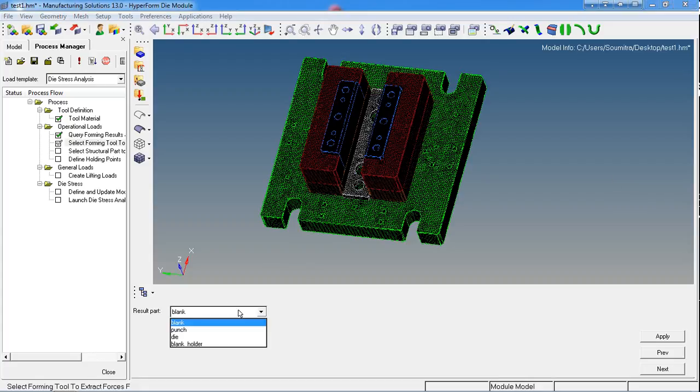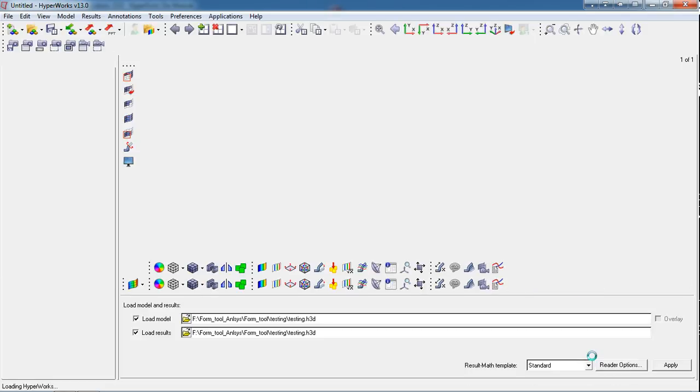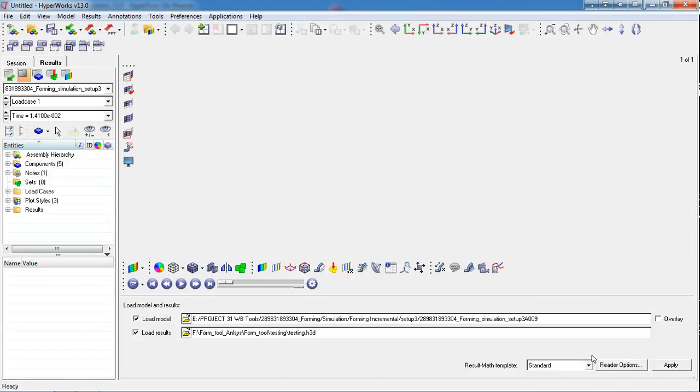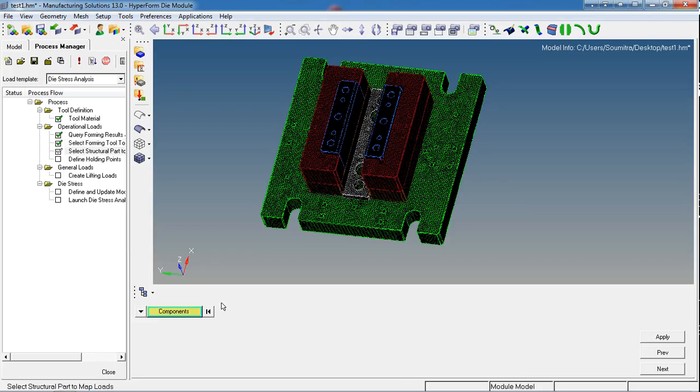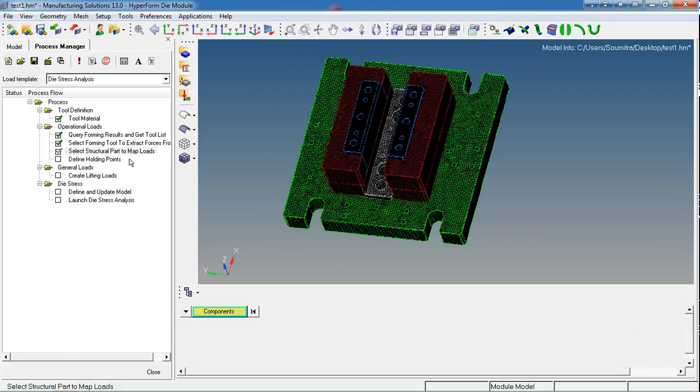Now it's asking for the result part, and I want that to be die. I'll say apply. Now it will extract the forces from the die component, and now it's asking me to select